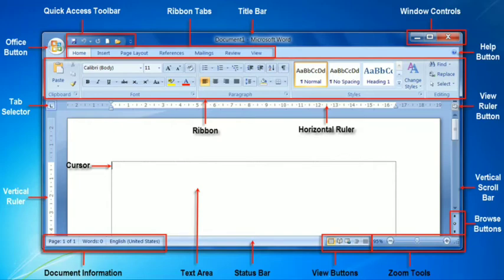Then further down, the tab selector, vertical ruler, vertical scroll bar, and browser buttons. Children, I told you everything step by step. Just see where the different features and components are located. Then we will move on to each and every component and learn how the component works.